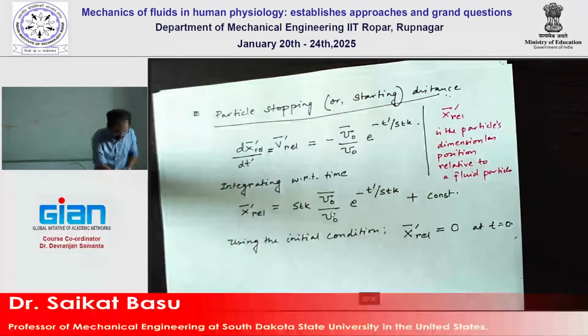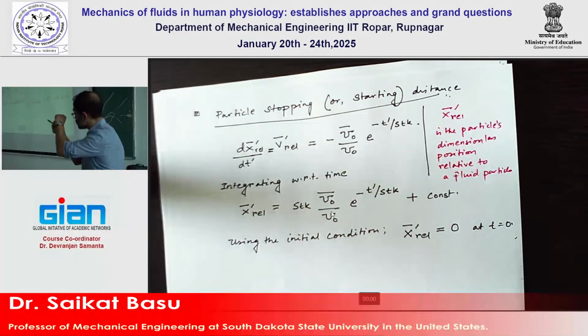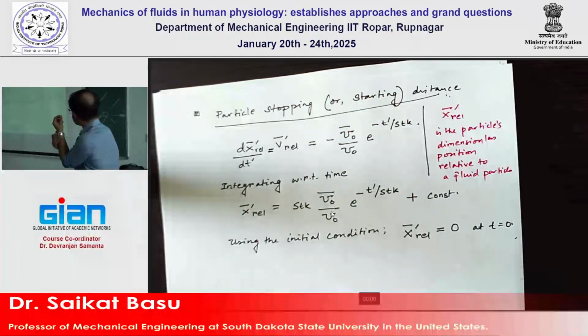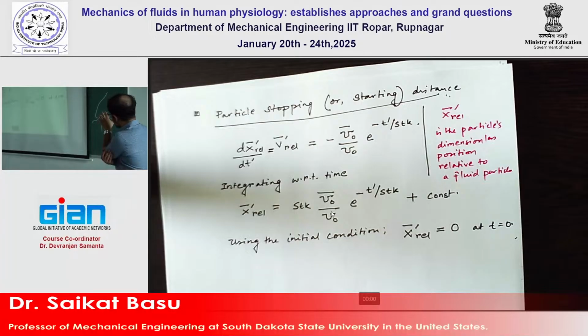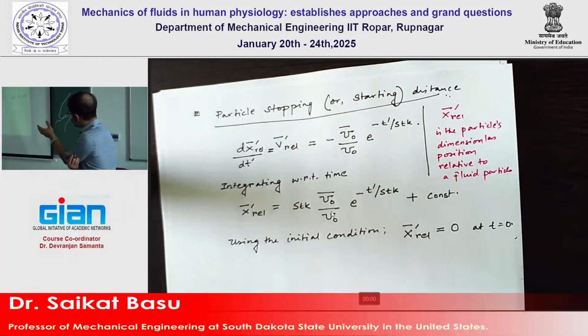So initially, when we are embedding the particle into the flow, we are comparing with respect to the fluid particles that is at that particular location. So it's not the absolute location of the particle; it's with respect to the fluid. And the way we are thinking about the problem physically, that implies that as an initial condition at t is equal to 0, we can reasonably assume that x relative bar prime is 0. So that being the case,